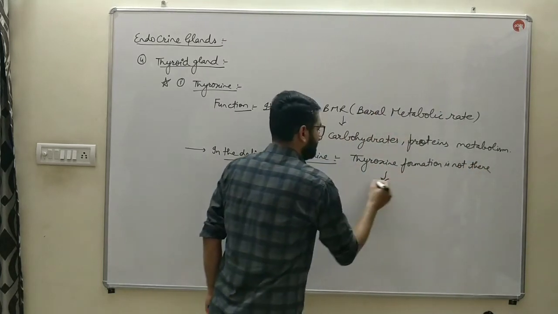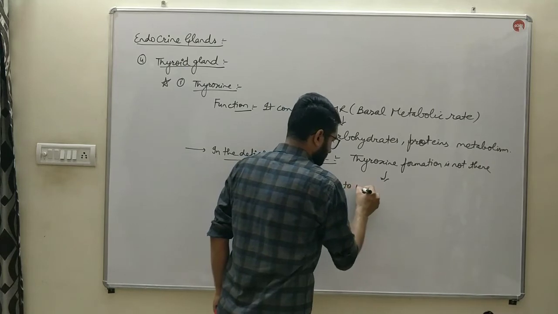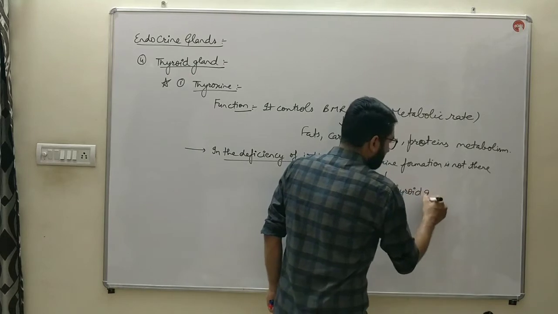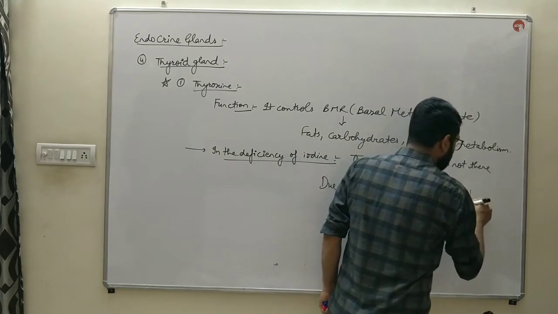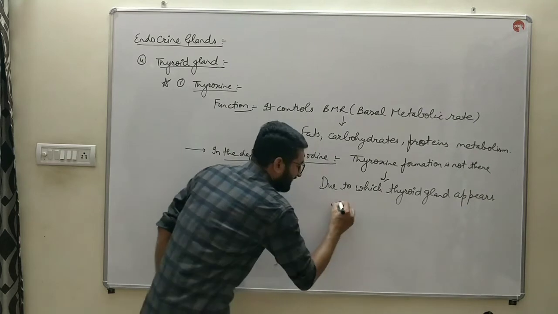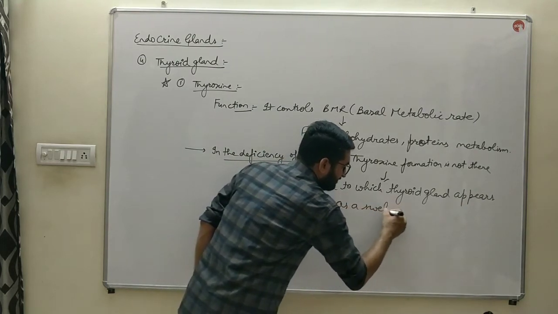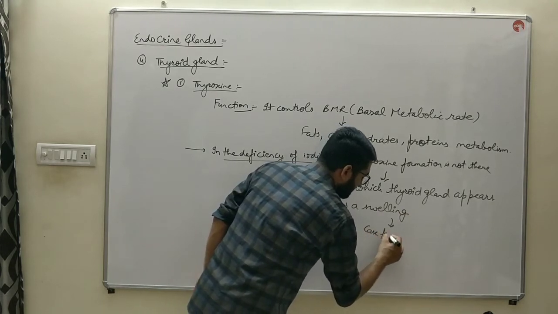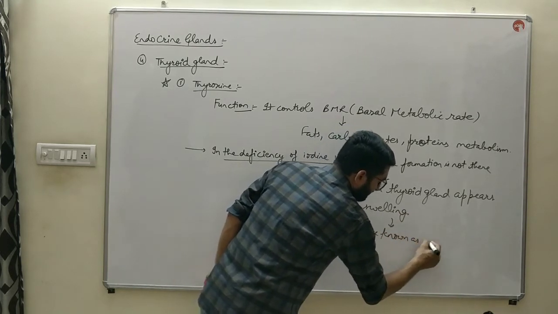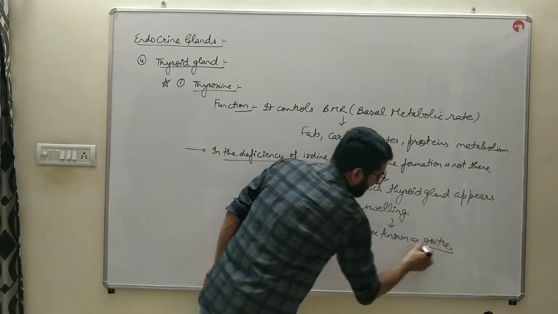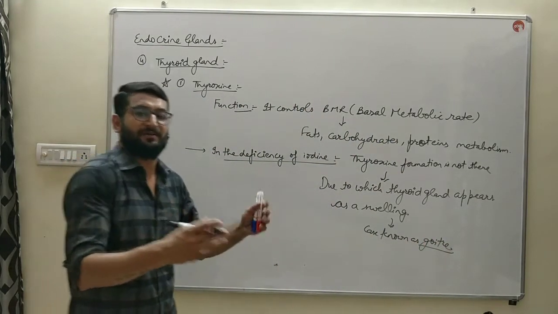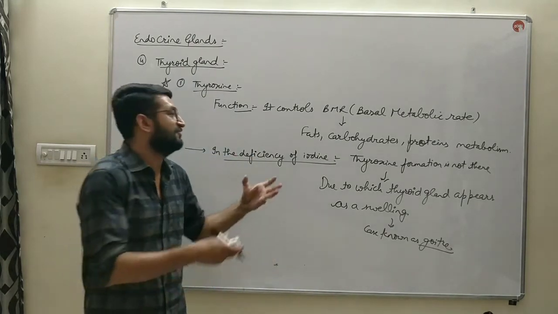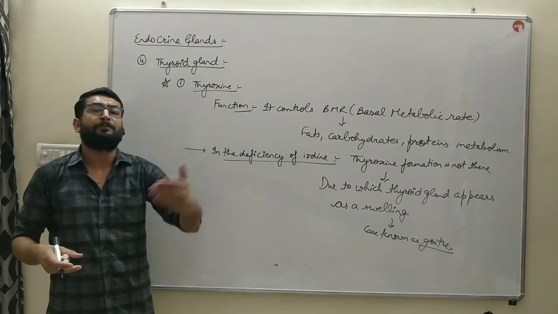Due to which thyroid gland becomes non-functional, and this thyroid gland appears as a swelling in the neck region, and this disease is known as goiter. In Hindi it is referred to as ghenga, exophthalmic goiter. Ghenga, a swelling in the neck region, appears due to the deficiency of iodine, which in turn inhibits the